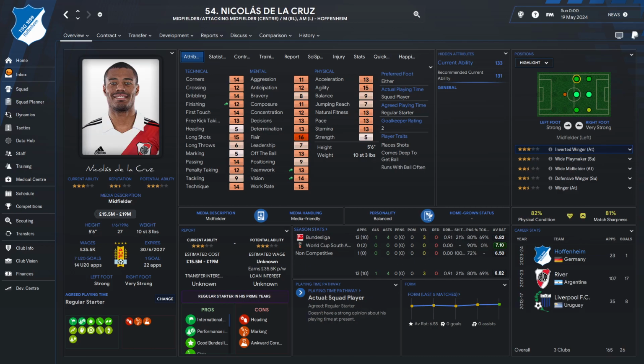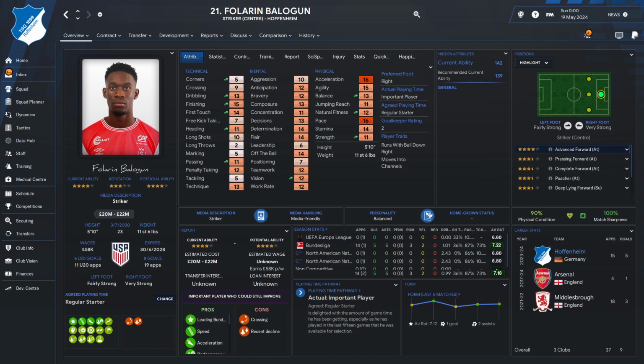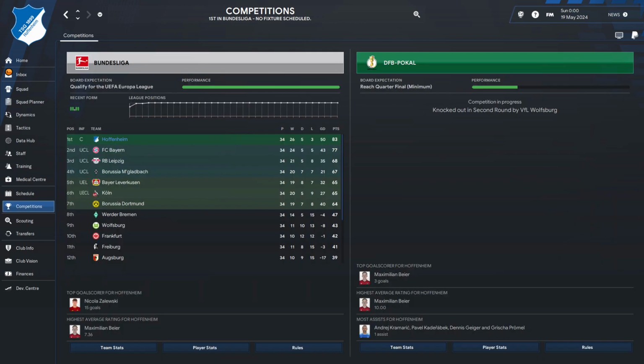Nicolas de la Cruz served as a backup player in the second half of the season and chipped in when he was called upon. Florian Neuhaus had a big impact on our midfield, making the majority of his Bundesliga starts for us. And finally, Folarin Balogun, he started 14 times in the Bundesliga, scoring 5 goals and chipping in with a further 5 assists. So at the end of our season in charge, we have transformed Hoffenheim from nearly men